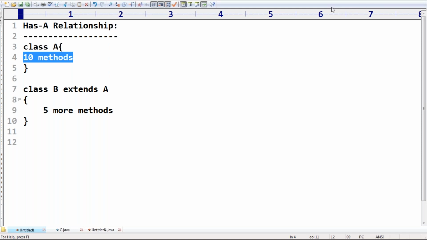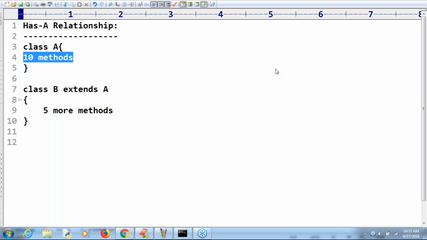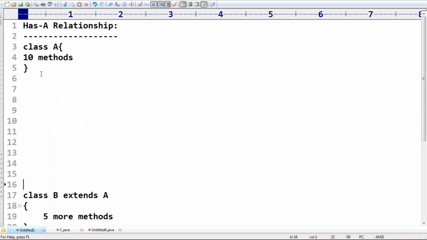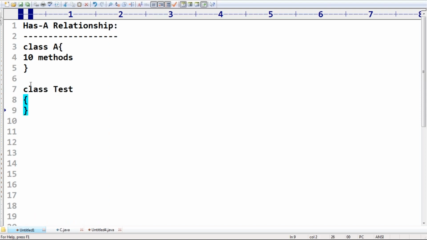Now there is one more scenario, sir. I want these class A methods, but I don't want to extend. I don't want to extend. Just what I require: I am taking a class Test, and this Test class requires the A class methods. Then just a simple A a = new A();